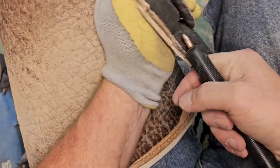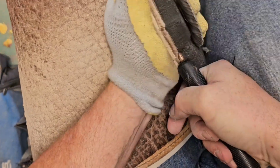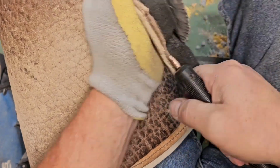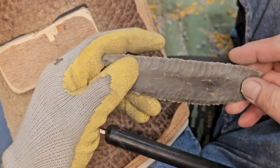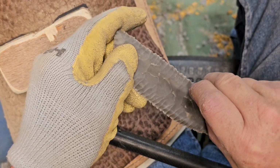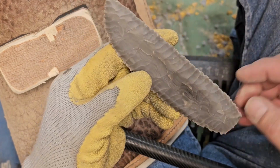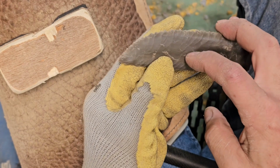I'll probably show in this video also another technique for hiding these right here. Well, like I said, you get some practice going, you can get to where you can just about completely eliminate any of that, which I got carried away on this side, but